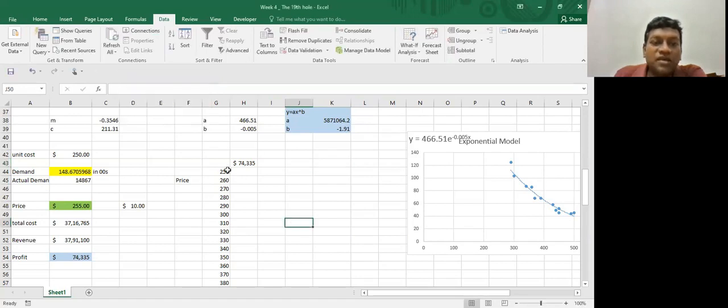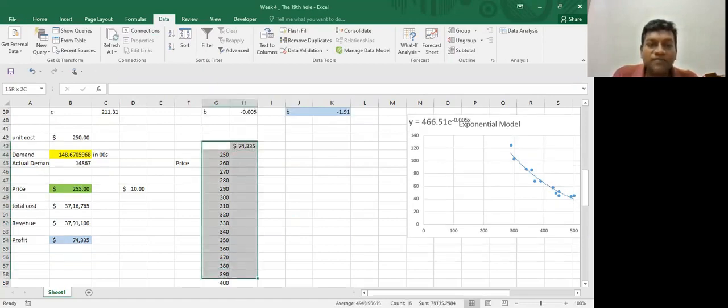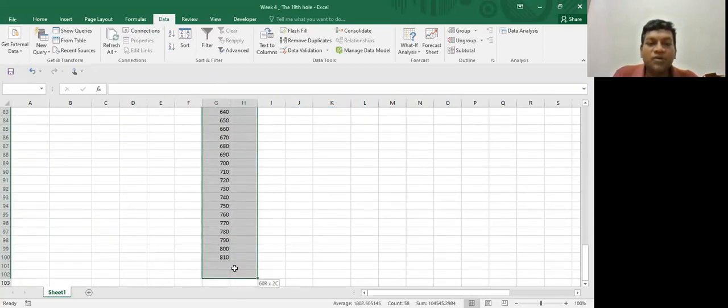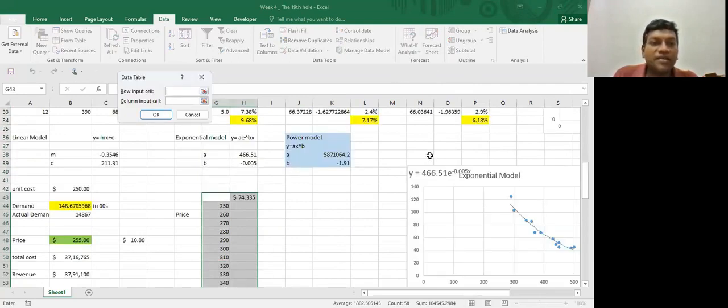Before I go there, I need to initially select all of this, all the data. Then I go to What-If Analysis and say Data Table, and I need to tell Excel the column input cell. The column input is the price. So it is here, that is B48. I click on OK,